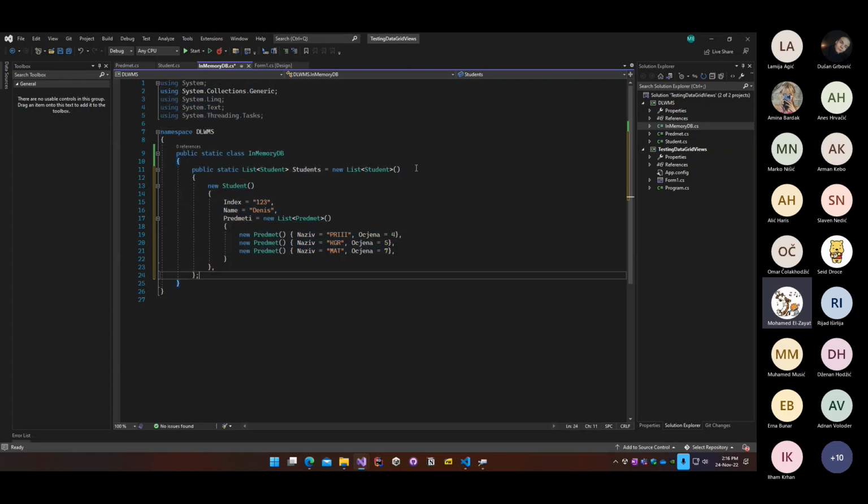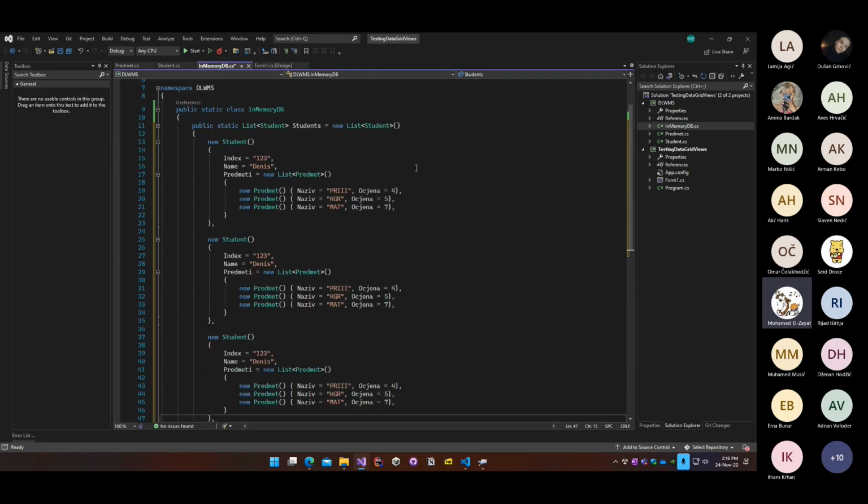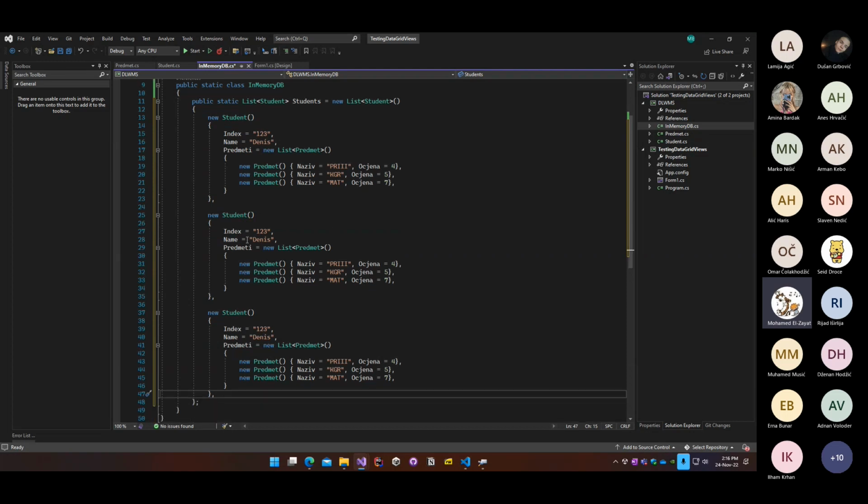So right now I can duplicate this guy right there, and just have 3 students with 3 subjects each. And there you go. And here we're going to have, for example, I don't know, Yasmin, and then we're going to have Brian, and then we're going to have, let's say, so per 2, for example, UBP, for example, whatever, or